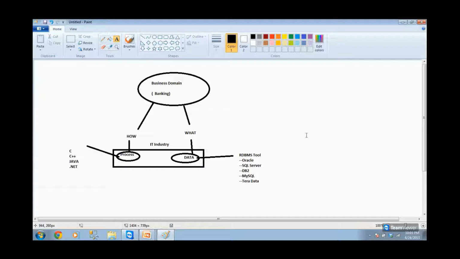But when you integrate them, that is nothing but an application for them. You take the ICICI Bank website or net banking of HDFC Bank. The net banking will have lots of processes. For example, as you said, sir, I want to transfer funds to you. So you have to follow some process.